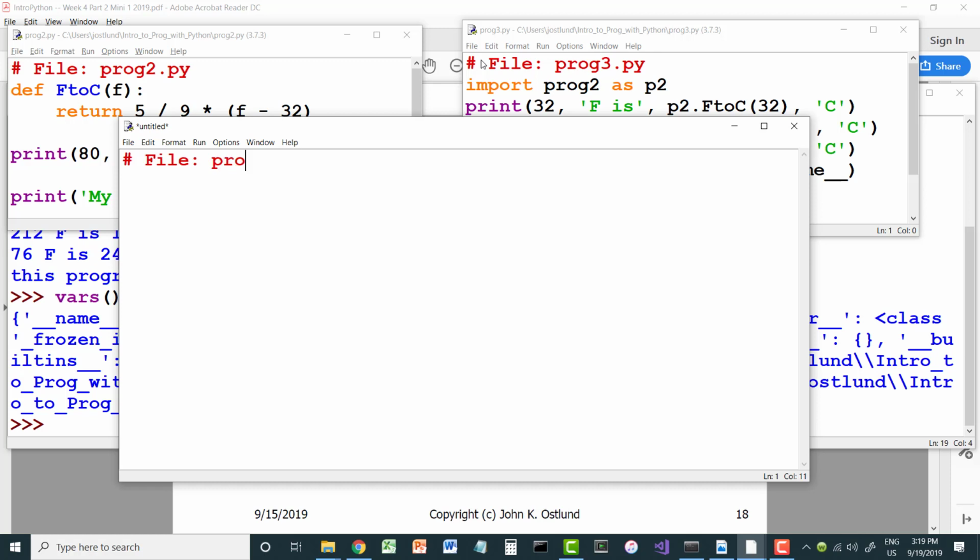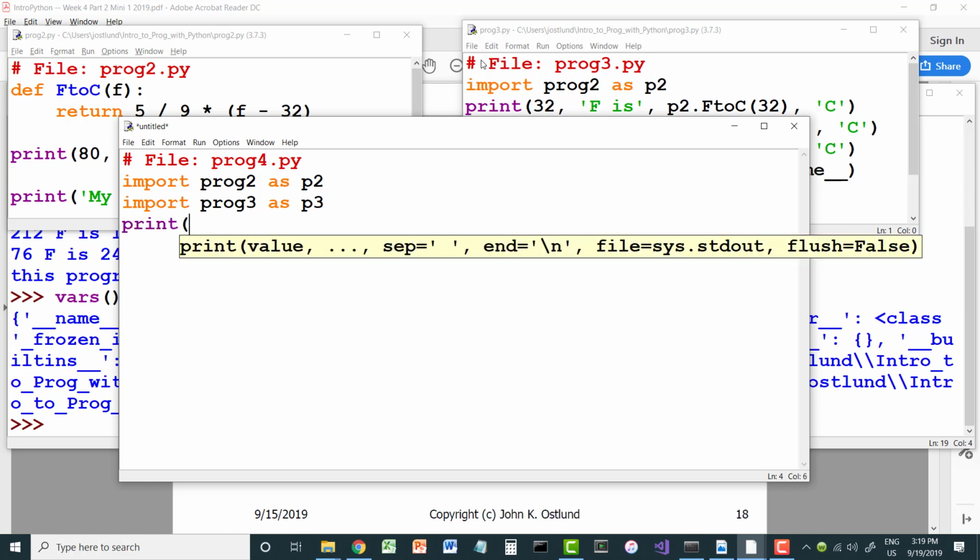I'm going to call this one prog4 because I'm so imaginative. I'm going to import prog2 as P2, and I'm also going to import prog3 as P3. Prog, not Prot. And then I'm going to say print my name is